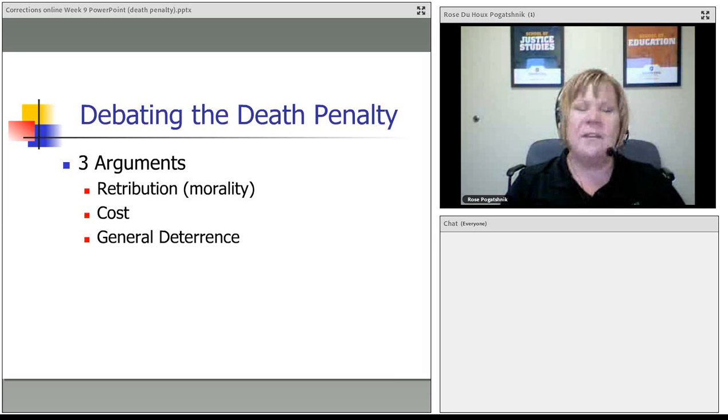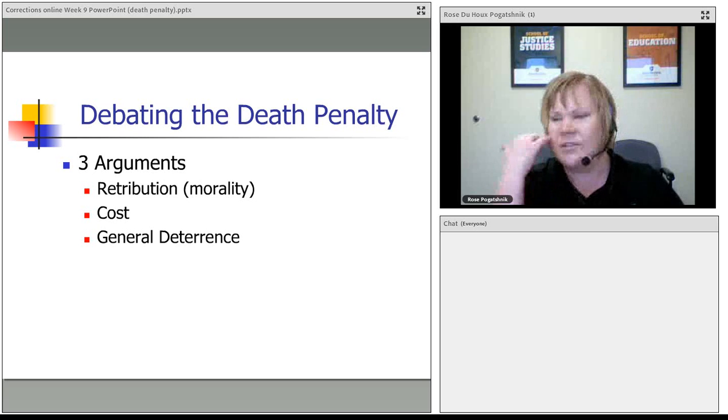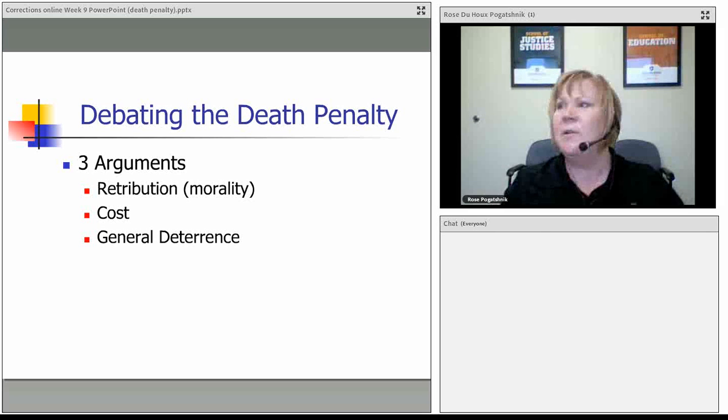Some talk about the deterrence level. Now, that handout talked about deterrence a little bit. If you believe that the death penalty deters, I would tell you that there's a lot of research that shows it actually doesn't. We look at several different factors. We look at states that currently have the death penalty versus states that don't. And actually, states that have the death penalty have significantly higher crime rates and murder rates than states that don't. So there's not a whole lot of research that supports that the death penalty is actually a deterrent. So those are some of the arguments